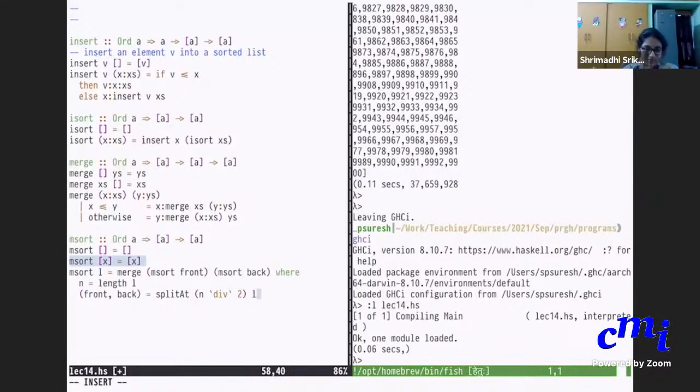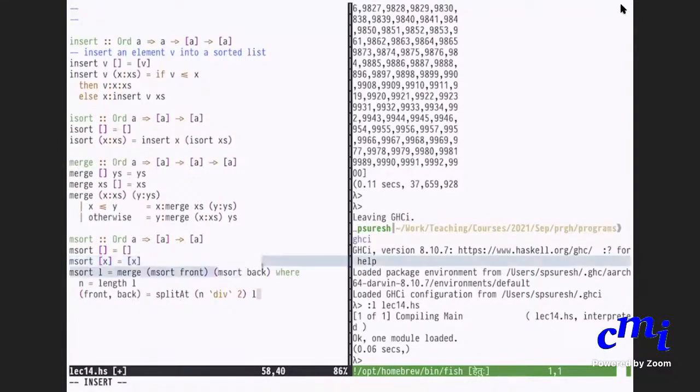Because like we said for empty list, you need only empty list. So if you drop it, in split at, you're going to get X. Exactly. Very good. If you have a singleton list X and you do split at, one part will be the empty list, the other part will be the same list as the original list. Then your recursive call M sort of back will be just your original M sort and you will never terminate. So be very careful when you write such algorithms. You need to take care of certain cases and ensure that you do not make the same call again and again.